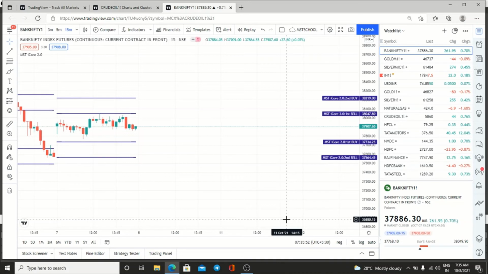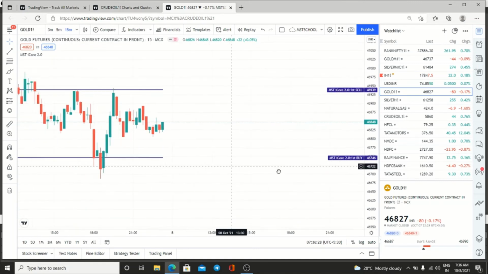And don't change your script every day. Today you are trading in crude oil, tomorrow you are trading in silver, and day after tomorrow you are trading in gold. You should not be doing so. If you are trading in crude oil, you should keep trading in crude oil for minimum 6 months so that you will get consistent profit. And don't ever stop trading based on this strategy. Every day you have to trade. If you are following these rules and regulations, you will never lose your money, and your confidence will increase. You will not go for any calls.